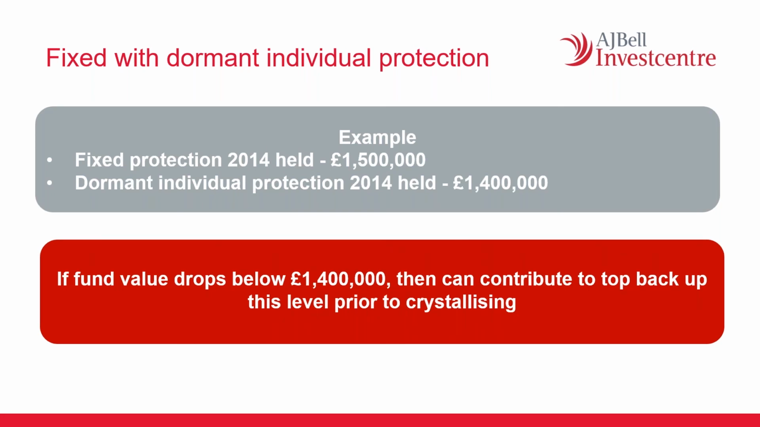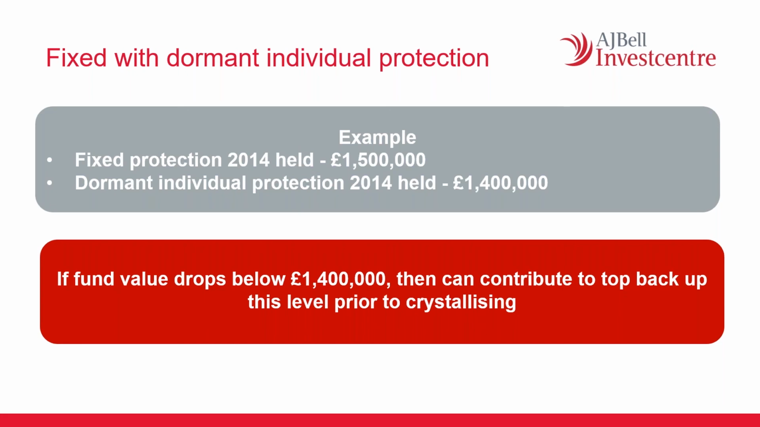then if you have individual protection, you can contribute to top it back up to that level prior to crystallising. The way I think of individual protection when it's dormant to fixed is really, it's the insurance against your fund going down. So if your fund is going upwards from the date you took out the protection, when the fund value was 1.4 million, as long as your fund's going in the right direction, you're going to be better off